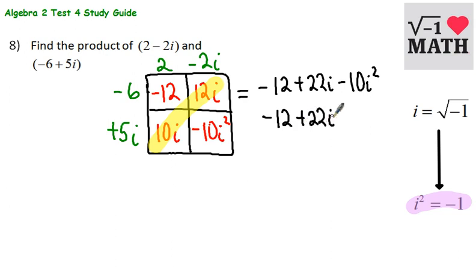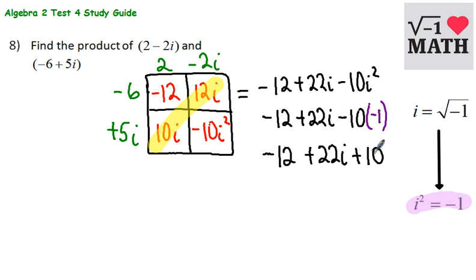Why don't I put a negative 1 right there? Well, it's only for i squared is equal to negative 1. So i, you just leave it as i. Just leave it alone. Don't touch it. So this is where we'd come up with a negative 1 to substitute. Substitute just means to replace. You think about it like in sports, a substitution, one player goes in, another player comes out. So we're going to replace i squared with negative 1, which would give us